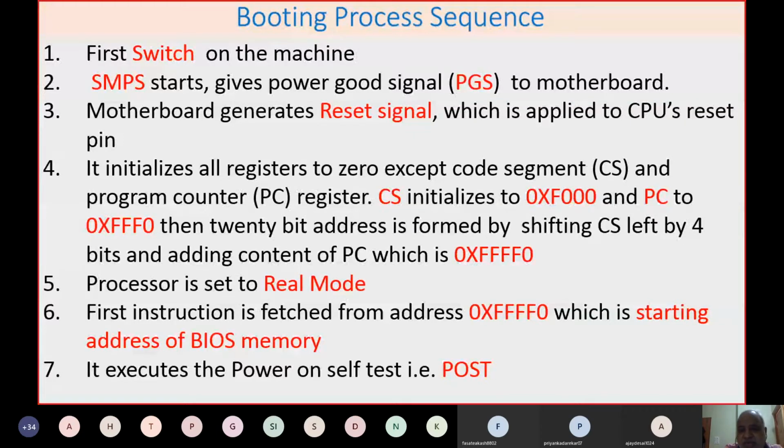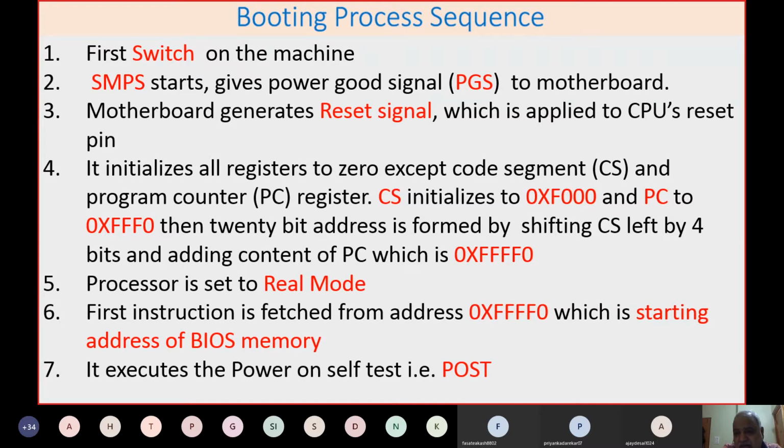Obviously, when it is shifted by 4 bits, F000 will become F followed by 4 zeros. Then that means a 20-bit address will be formed.